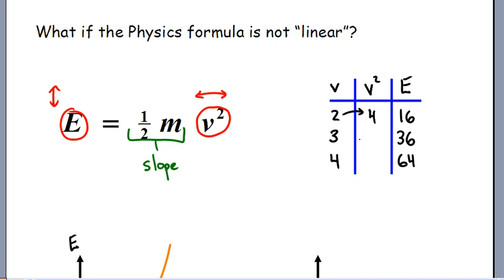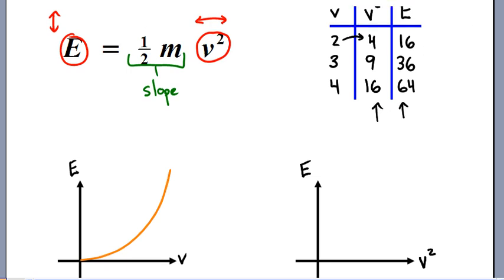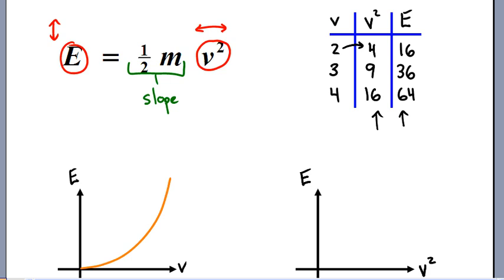So 2 squared is 4, 3 squared is 9, 4 squared is 16, and those are the numbers that you would work with on your graph, because that's the form that looks like grade 10. So you could say, oh, let's do kinetic energy, and let's do v squared. And I would work with these two columns. They're the ones that are changing so often I had to put them in a table. So that's the reason why I'm circling them in my physics